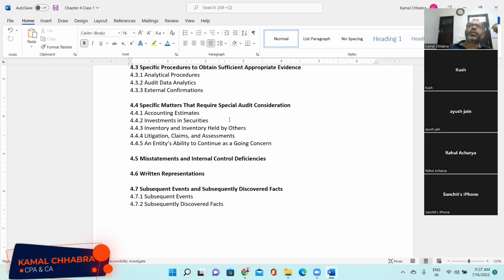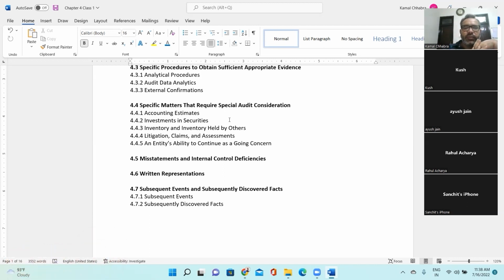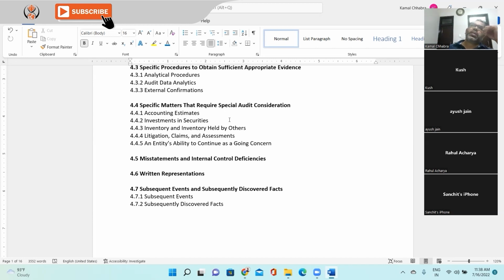Subsequent event, for example, let's say the financial year end is December, and the date of the audit committee meeting, let's say, is 28th of February. So between 1st January and 28th of February, you discovered that a litigation has come to a settlement, right? For example, there was a customer who went to the consumer court, and the consumer court finally decided to pay him $1 million as compensation and loss, right?